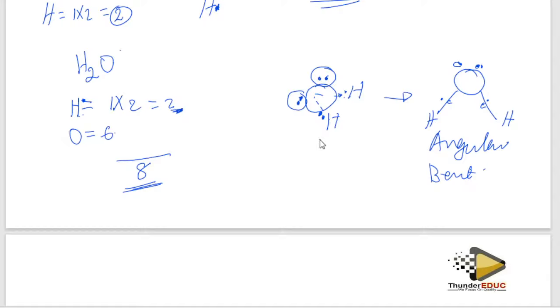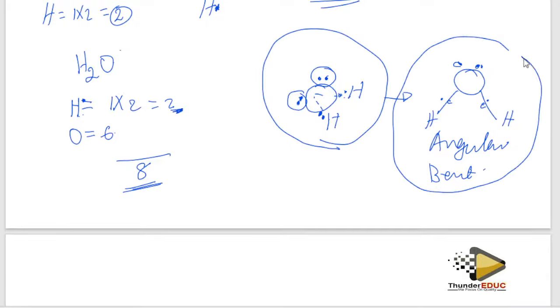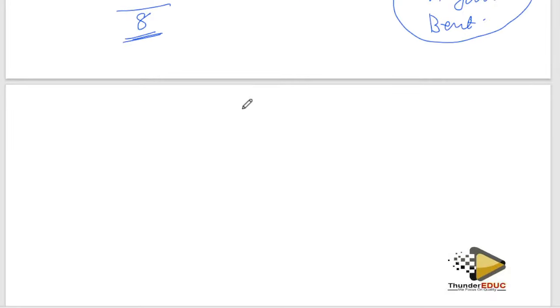So when you know the Lewis diagram of water and the shape of the water molecule, then number 2, you must know how water forms a dative bond. So what is a dative bond? A dative bond is formed when one atom brings the 2 bonding electrons in that bond. You understand? For example, now we have seen that water is like this.